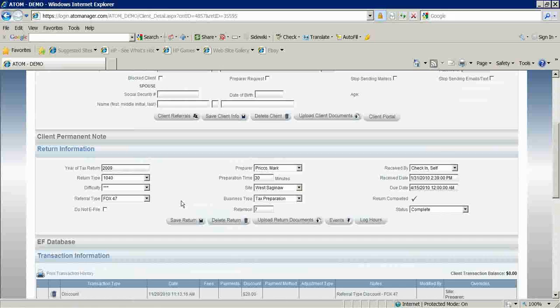The next thing I wanted to show you was how do we hang a tax return out there for the client, or a document, so the client can pick that up. One, you could have done it as I sent a message to her. I could attach a file, as I just demonstrated how to do that under the Atom client portal on the client view. But if you don't want to send a message with them and just want to put a tax return out there, which typically that's what we do in our office all the time, I would just come under Upload Return Documents,